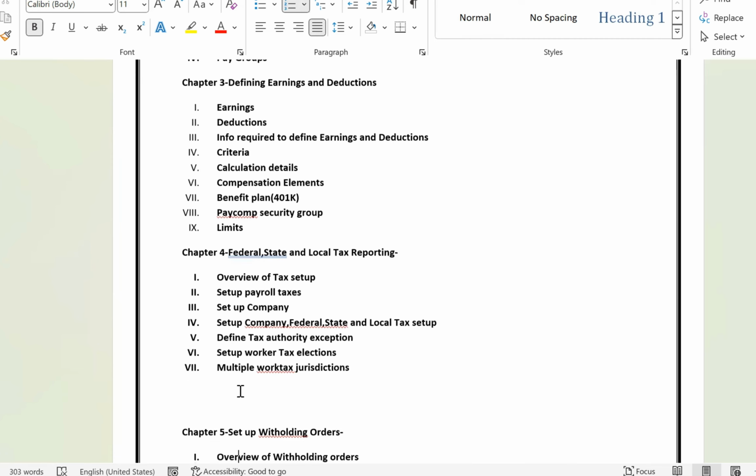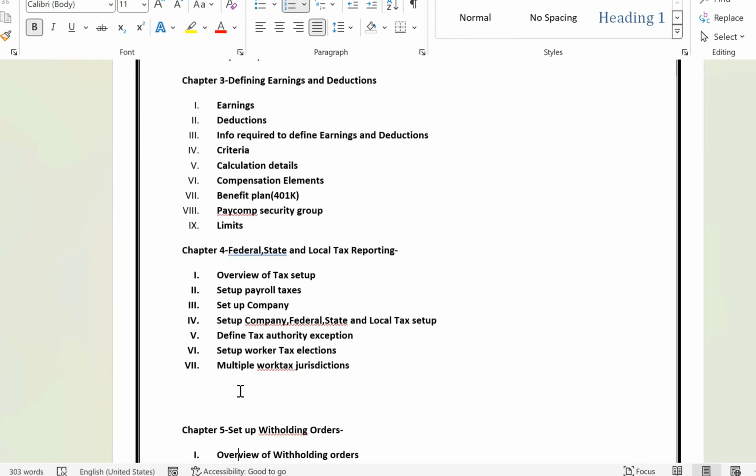Then after tax setup. Here we are going to learn, first, an overview of tax setup. What is meant by federal tax? What are the percentages? What is the state tax? How is the state tax different for each state? What are the local tax reportings? Additional taxes, federal unemployment insurance, state unemployment insurance, work tax versus residence tax. So we are going to learn all those in the overview, and then we'll start